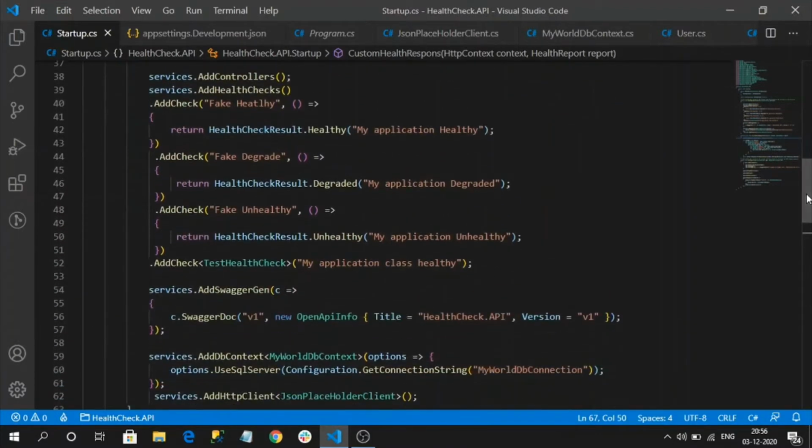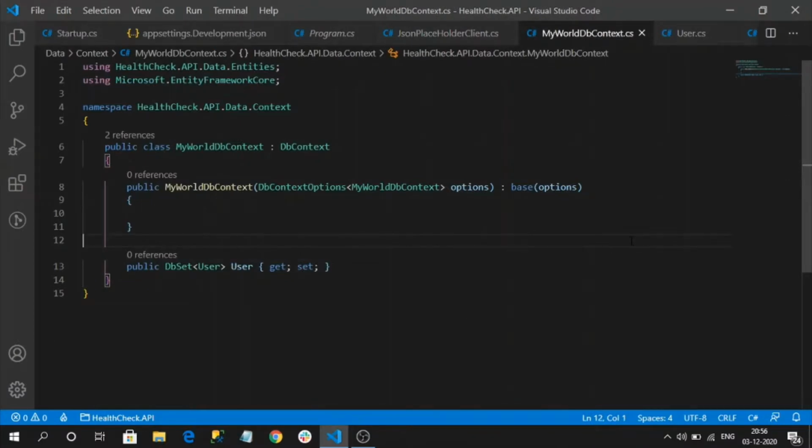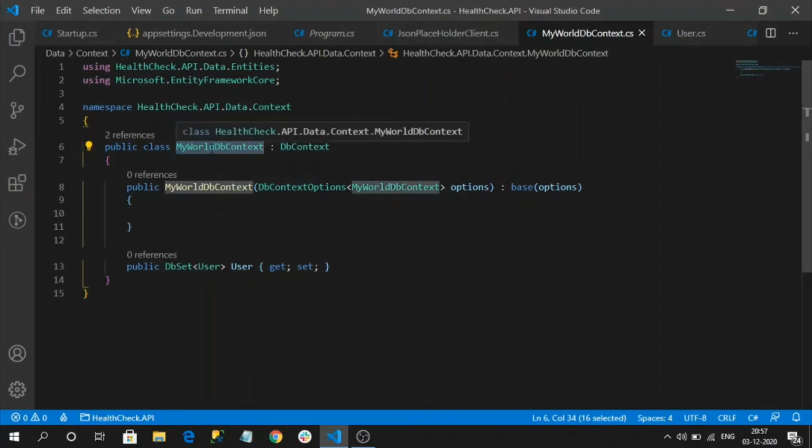Entity Framework directly provides a health check extension library through which we can easily check the state of the database, like whether the connection string is working perfectly or not. To add the health check for our DB context, before starting anything, please create a DB context. Here I am not showing that. I already created the DB context with my local database. So this is my context. Now I am going to add a health check for my DB context to check that my connection string is perfectly working or not.